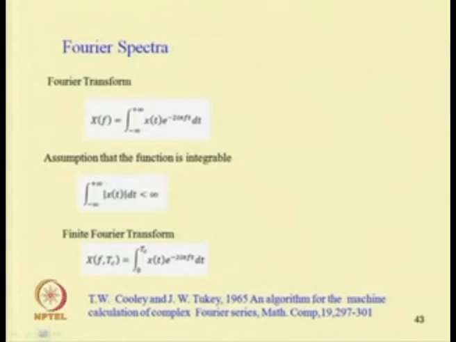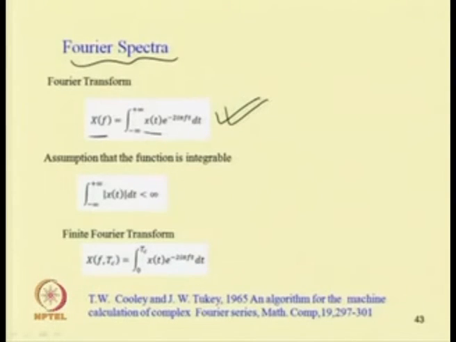So, let us see what are the other ways one can represent. Also one can use the Fourier spectra to represent the response of the system. In case of the Fourier spectra one can use the Fourier transform. So, this equation can be used to find the transform of the time response. Let x t be the response of the system. So, the Fourier transform can be represented by this equation. This is the two sided Fourier transform, that is x f equal to integral from minus infinity to plus infinity x t into e to the power minus 2 I pi f t dt.